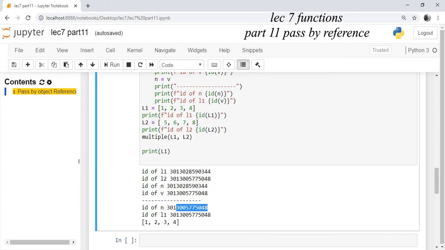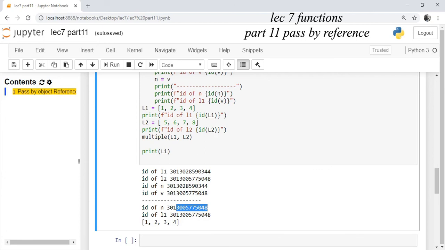After execution of this function, we print L1. L1 is storing the reference 344. The value stored at 344 will be printed. So inside it, if we print the value of n, v, L1, L2, depending on the reference present inside the object referred, that object will be printed.